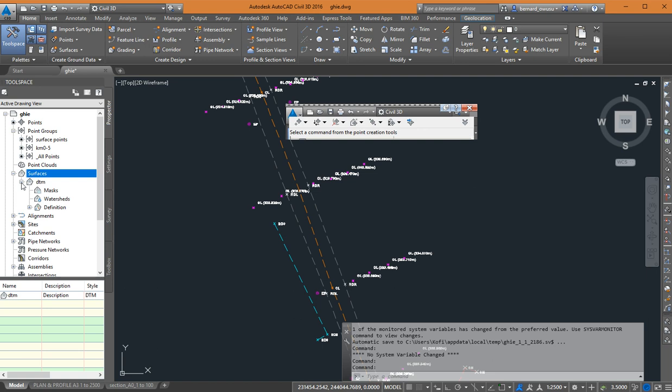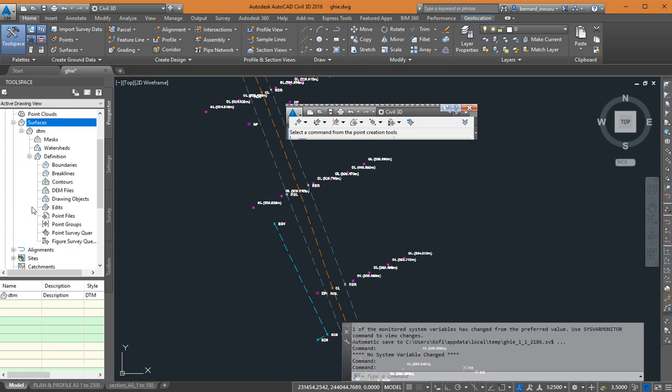Please, are we okay? So double click on DTM or click on the plus. When you click on the plus attached to your surface, can you see definition? Also open it up, click the plus by definition. Do we all have this? So which of these do you think we are going to use to create our surface? Which of these components? Is it boundary, draw, point groups? Very good. So click on point group,